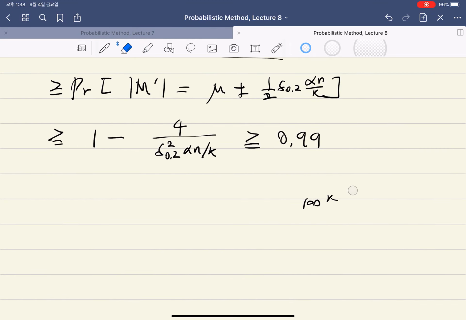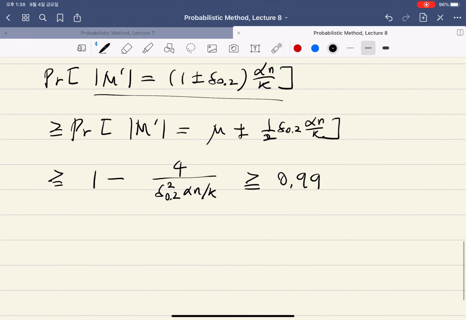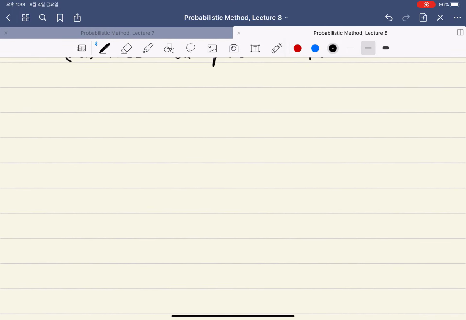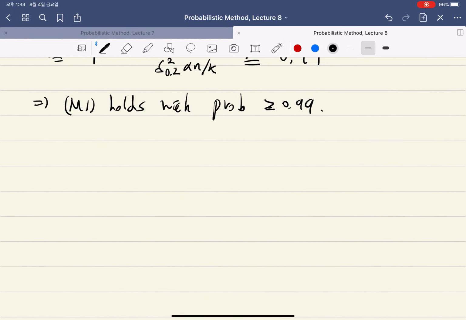Because of that, we can show that this happens with probability at least 0.99. So M1 holds with probability at least 0.99. In a similar way, we will show that each of M1, M2, M3 holds with probability at least 0.99. And now we show